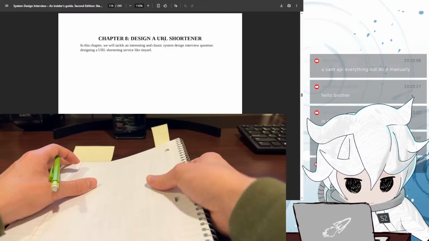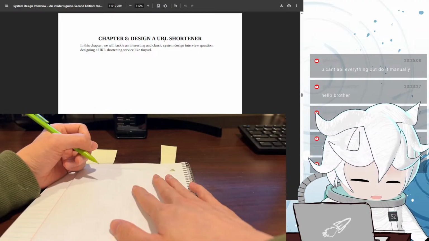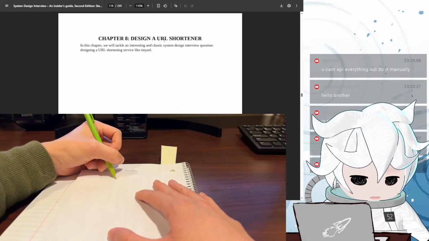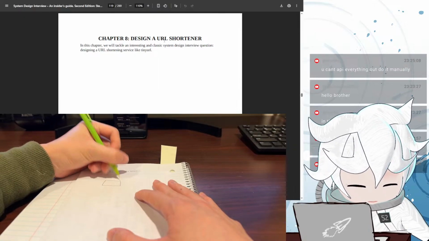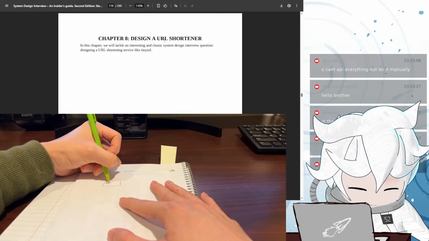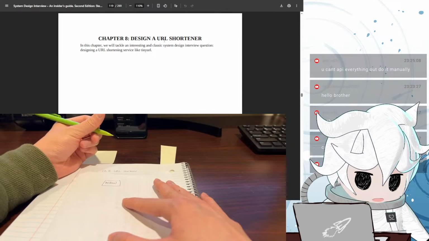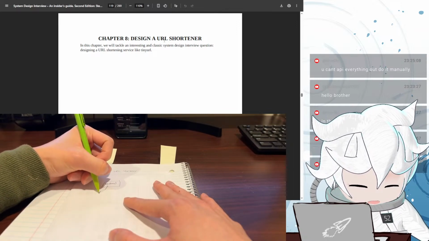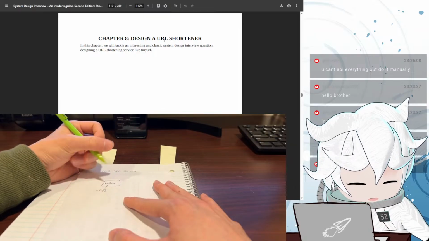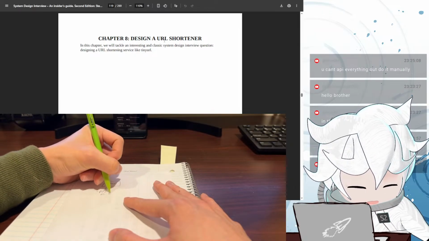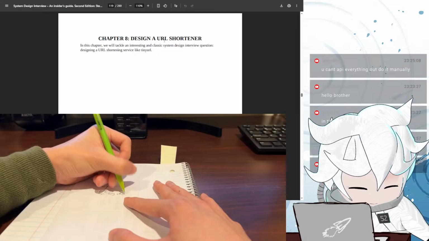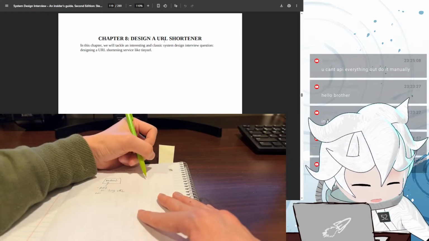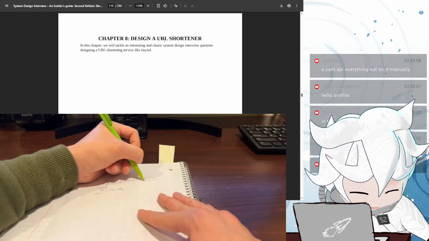So what I'm thinking is, I don't know if y'all can see this, but let's say we have, I don't know, just a backend API over here, right? And then this thing has an API that takes in the long URL, and then we probably need some sort of data store, like here's a data store.